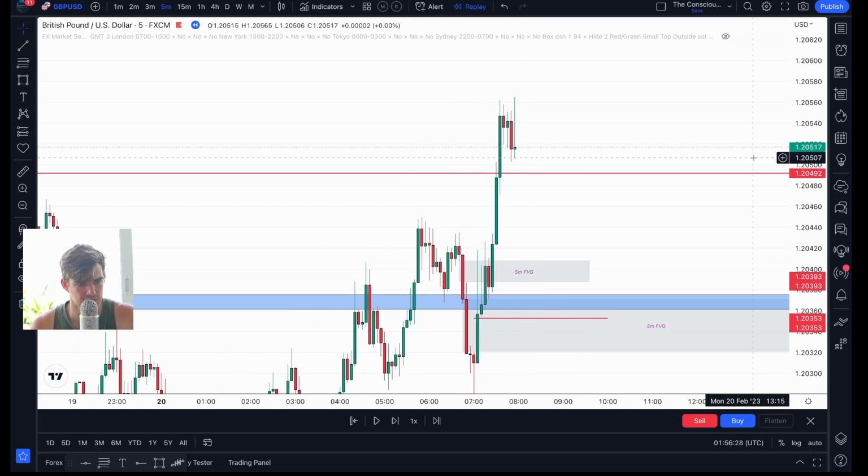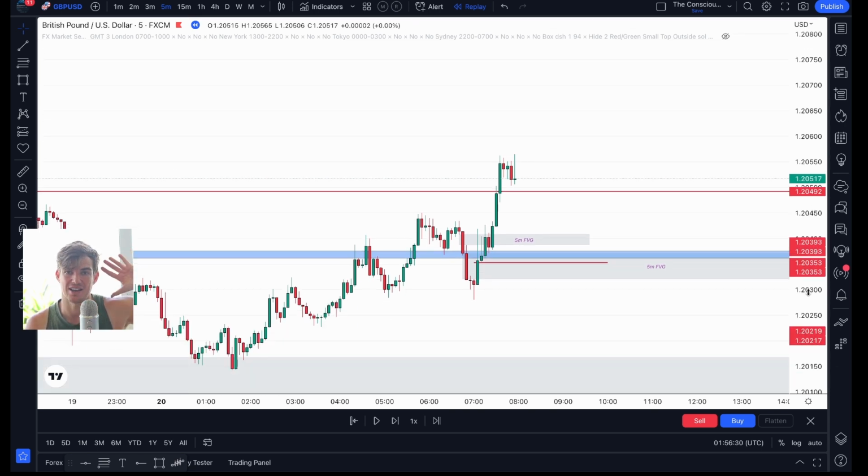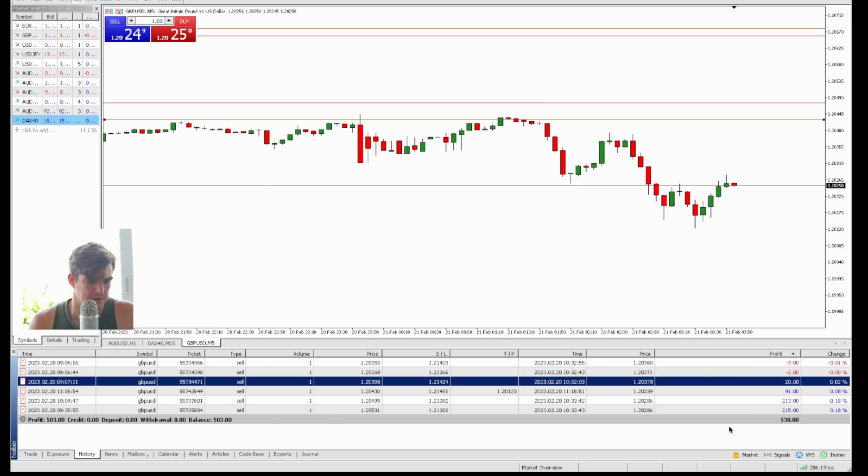Now, when you see this on the 5-minute, if you haven't done a higher time frame analysis, you will see this as a break of structure for the long side. So you'll be waiting for this fair value gap to be filled and go long. That's why it's very crucial to take your bias from a higher time frame. So that was my worst entry. Let's see where my best entry was. My best entry was at